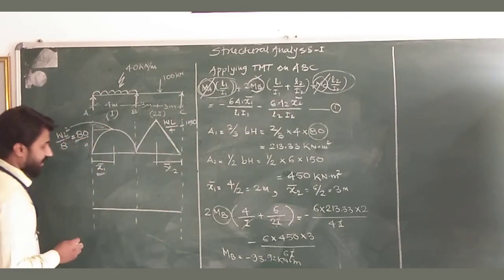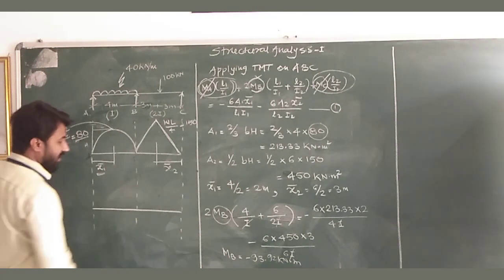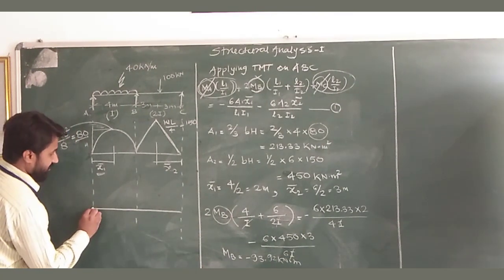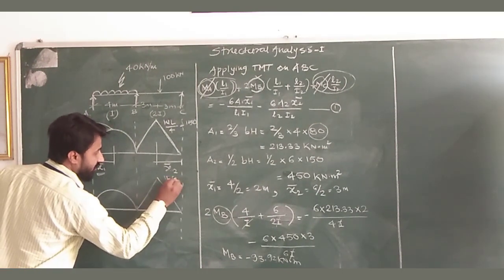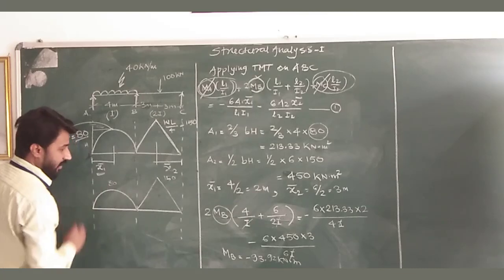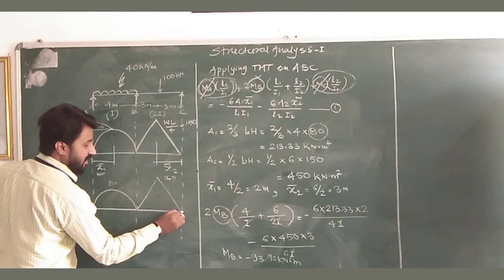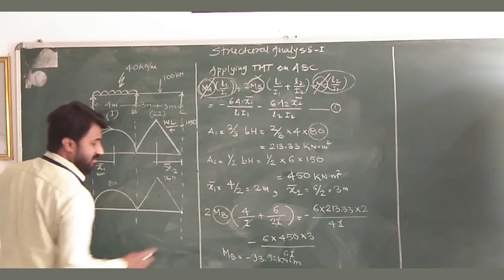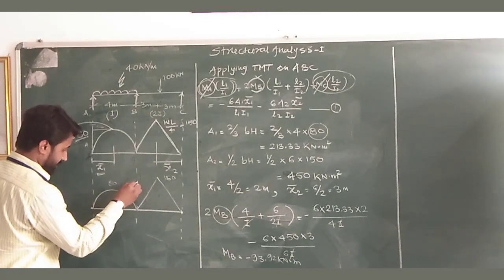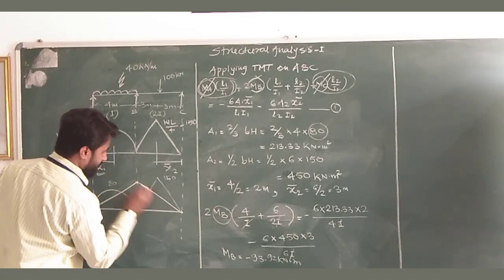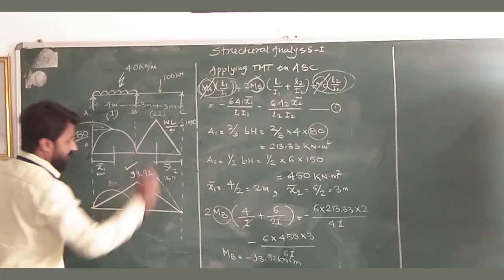The final bending moment diagram will be like this. We have to combine the free bending moment diagram with the support bending moment diagram. So the free bending moment diagram we draw first. This is 80, this is 150, which we have already calculated. Moment A will be 0, so we draw 0 here. Moment C is 0. Moment B has the value minus 93.92, so we will draw it above the line. So 93 will be like this, and we will join this. Okay, so this is the 93.92 moment which we have calculated.